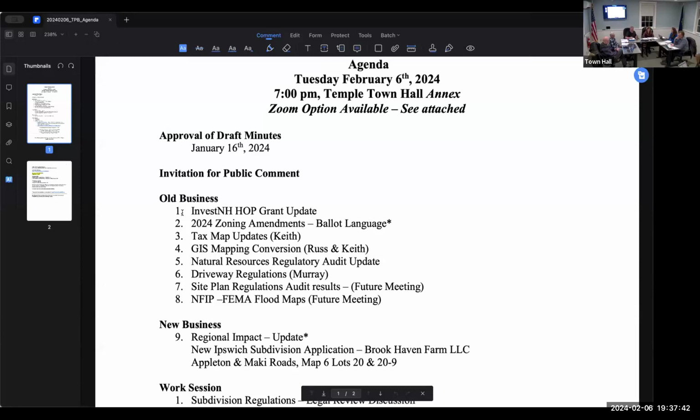Thank you, Murray. The site plan and the flood maps are tabled to a future meeting. The regional impact is what's next, the New Ipswich